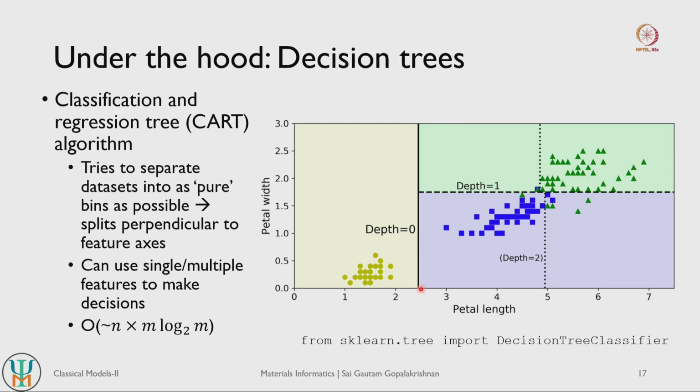So what CART initially tries to do is it sees petal length as a feature and it tries to create a split that is perpendicular. So for a given value of petal length, it tries to create a split which can create one clean bin or one pure bin and one impure bin or an impure branch, right. So for the root node, it basically tries to have this as its decision threshold. So create a perpendicular split along the petal length axis, and this creates a pure bin of Setosa, right. So this is what happens in the first root node.